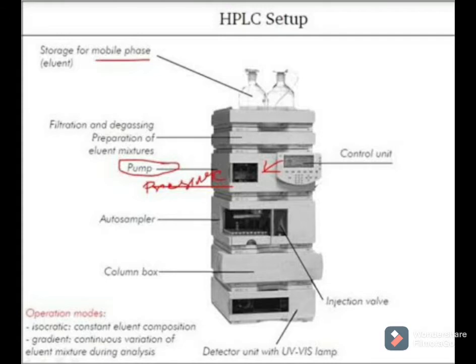After that, coming downside, this is the column compartment. Here we fix our column for eluting the peak. Next is the sample injector, where we keep our samples: the standard, blank and sample we prepared. Automatic injection is there; the auto injector takes the sample automatically, as you give in the sequence. This depends on your software. After that, the last one is the detector. This is a summary of the Agilent HPLC. Other HPLCs may have different modules and compartments.